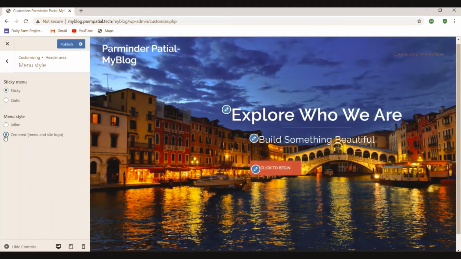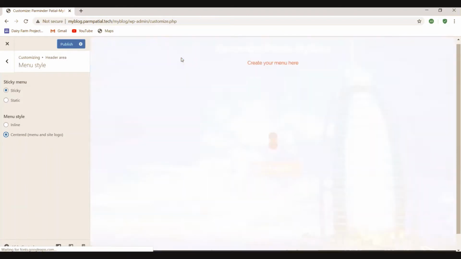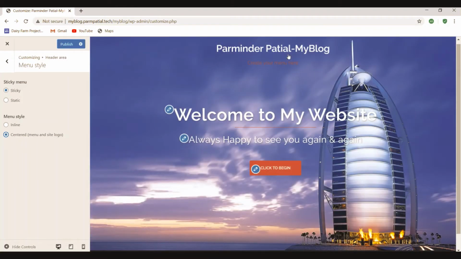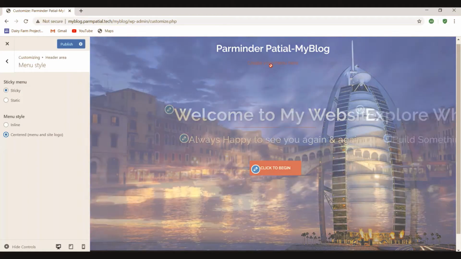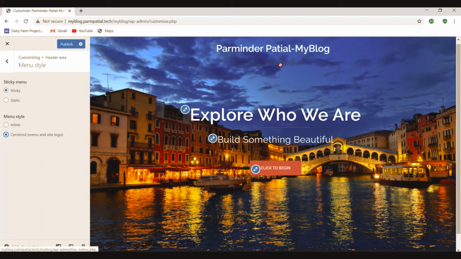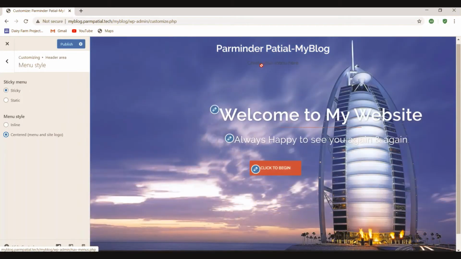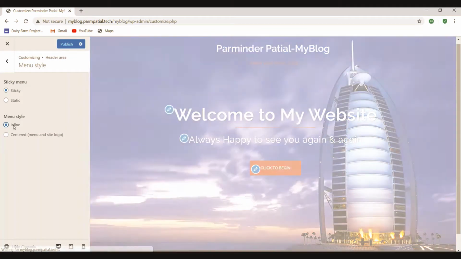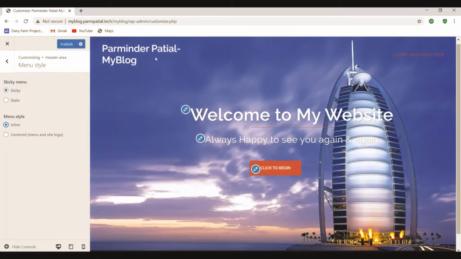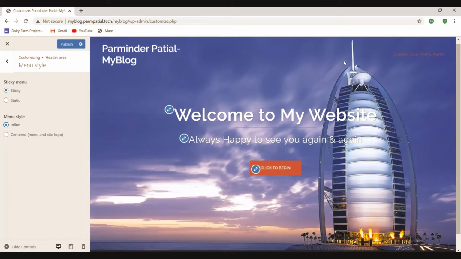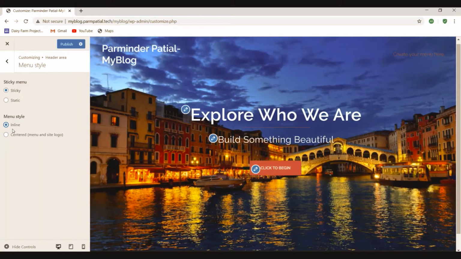If we select centered menu, our main logo will go to the center and the menu will appear under it. If we select inline, our menu and the logo will be in a single line. In our case, we will select inline here.